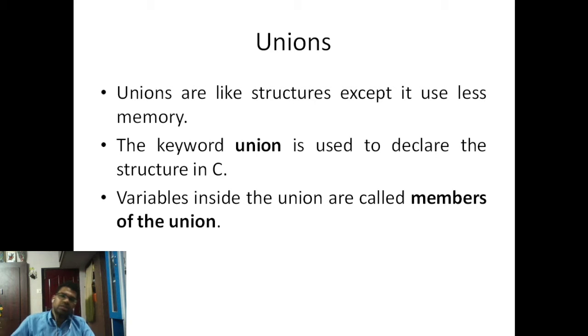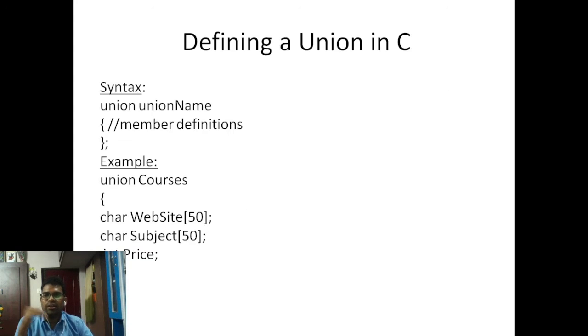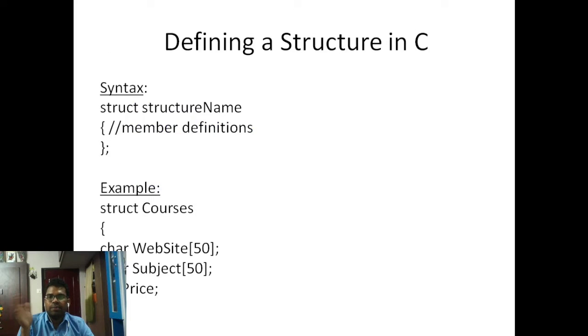As with structures, variables inside the union are called members of the union. No difference, everything is the same, so that's why I showed both at the same time.